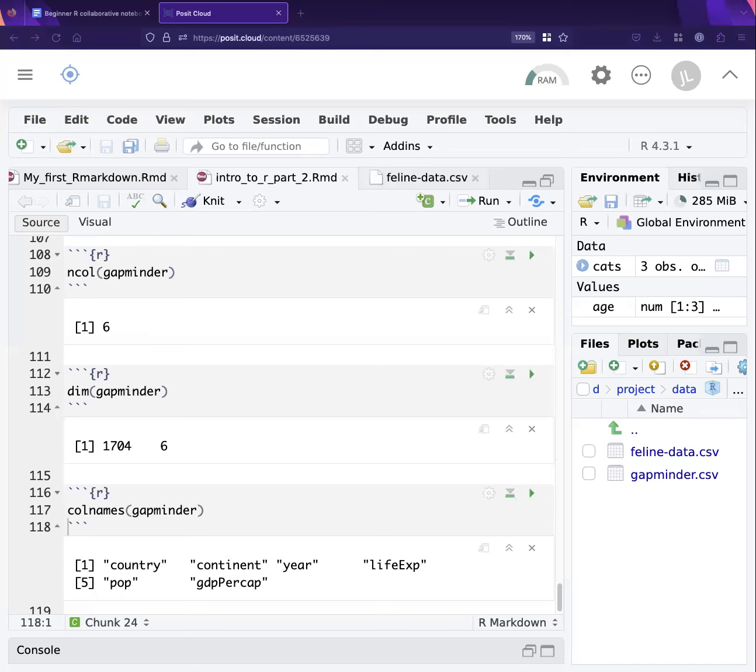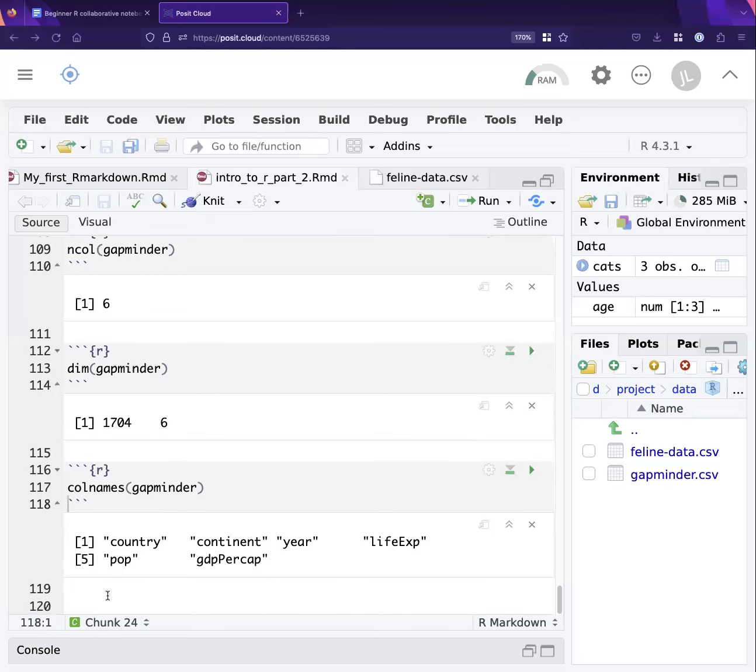Maybe I'll skip the subsetting for now and then go into a little bit of plotting that's a bit more exciting, and plot the Gapminder data set that we have right now. No questions at the moment, so